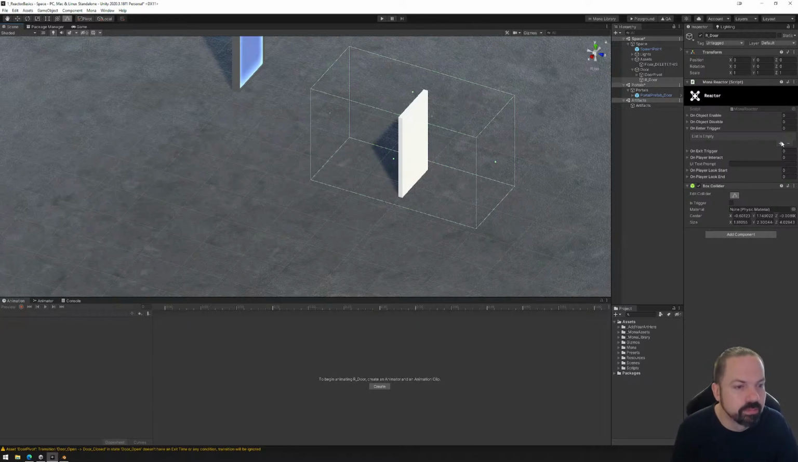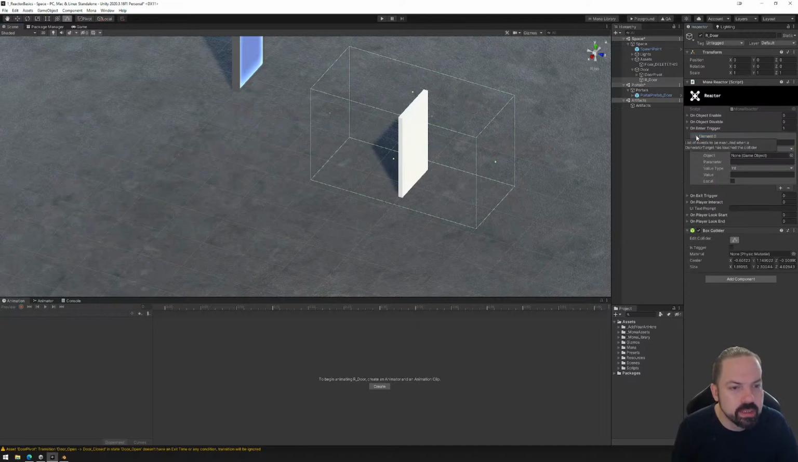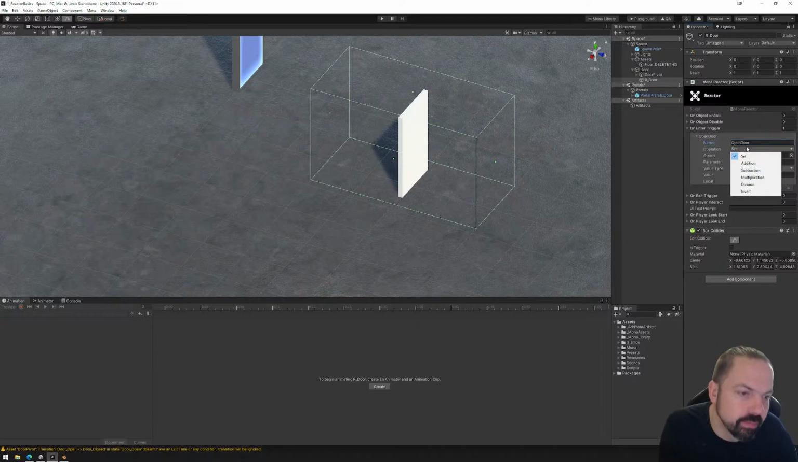So on enter trigger, do a plus, element down. The name is your name. Call it what you like. Element 0 looks cooler, so open door. As you can see, that's the only thing it changes. So the name is what you want it. Operation is set, so that's what we want. We're going to set the animator to true, but you have a lot of options